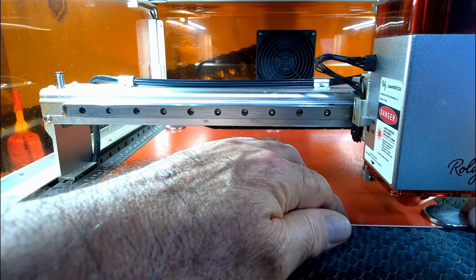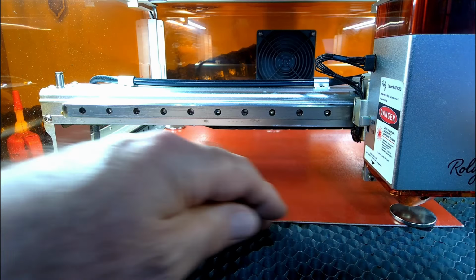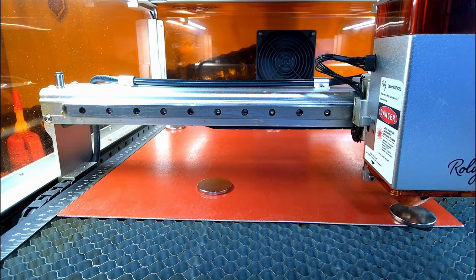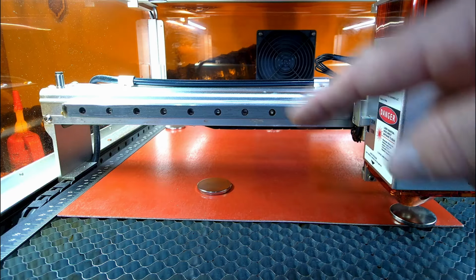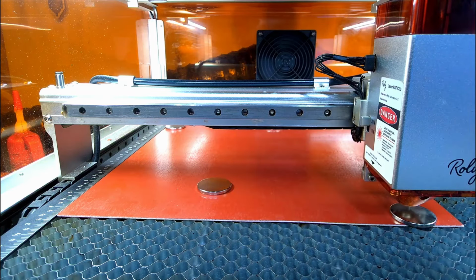And you do have to have a metal honeycomb in order to accomplish this. But there you can see I've got my 4 different magnets down on the workbed now, and the wood is perfectly flat. So with that done, I'm just gonna go back over to Lightburn real quick and run this job,